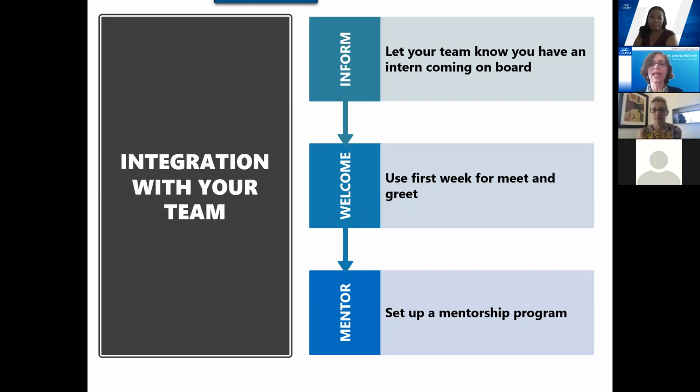And as I mentioned, assigning a buddy, someone who is not their supervisor. And if you have more than one intern, it could be really useful for all of the interns to be able to be in that mentoring group together, where they can ask the buddy, the mentor, questions, but also become a support for one another.